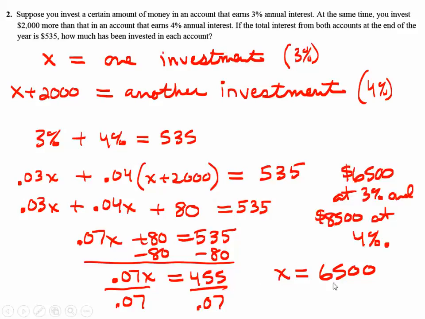All right, here's what I got. I got in dollars, because I put dollars in here. So $6,500 invested at 3%, and $8,500 at 4%. You've got to distinguish between how much and which one, because you had two different things you were trying to find. So again, any variation of that sentence right there. So you could say, I invested